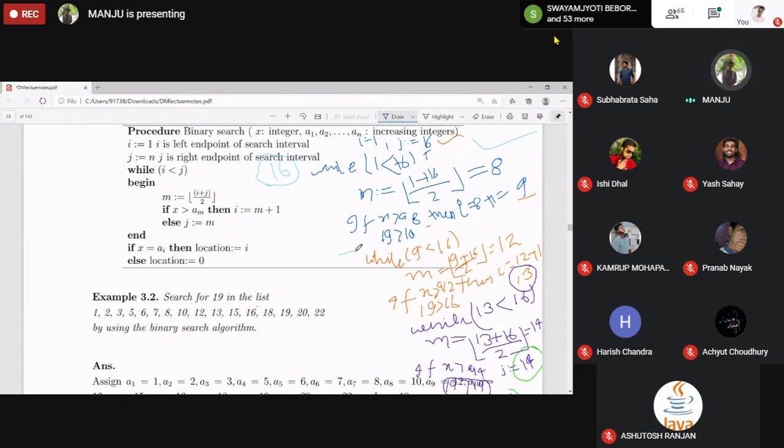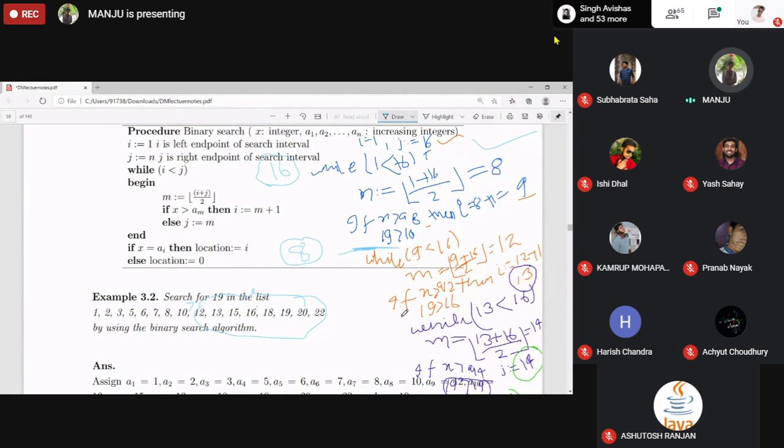After this step, after comparing x, how many elements do we get? I is equal to 9, that is, we have discarded A1 up to A8. So now the new search interval is this one. Now we will search in this one and apply the same thing. So at this one, how many elements? 16 by 2, 8. Okay, half the elements remained.